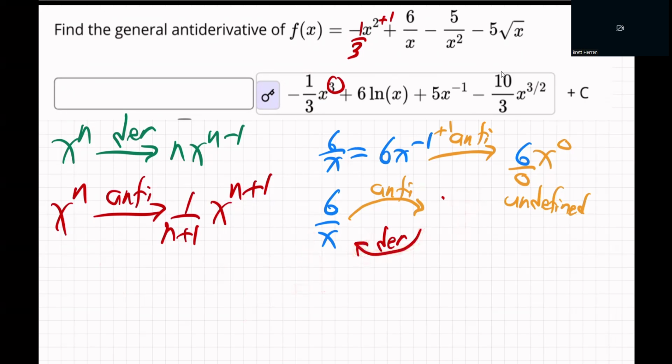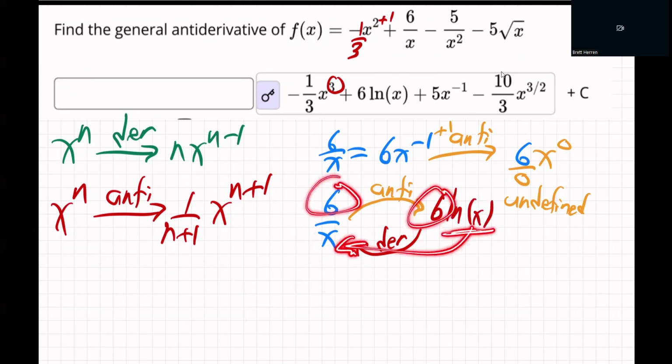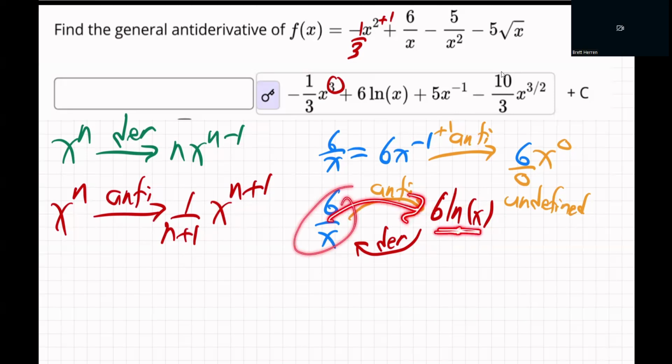You remember? It's the 6 is going to sit in front. It's 6 natural log x. Remember? The natural log is 1 over the argument. The 6 just sits there. But natural log, it's 1 over the argument. So that must be the anti, because the derivative of 6 natural log x goes back to 6 over the argument, right? So then that's the anti. Just think derivative backwards. So 6 over x, the antiderivative must be 6 natural log x, because the derivative of 6 natural log x, remember what you do for natural log, you put 1 over x, goes back to 6 over x. So that's how they did that. That's the anti.